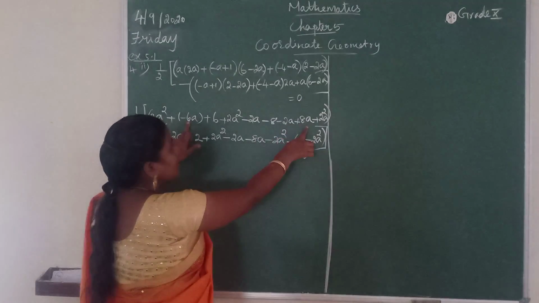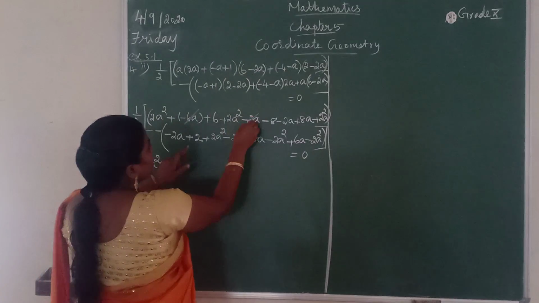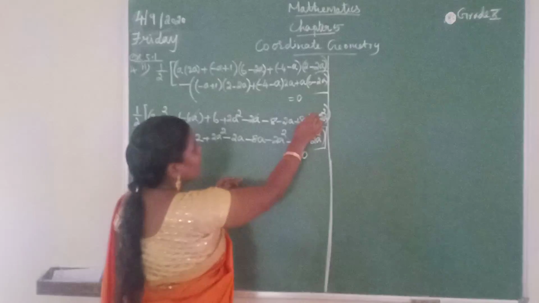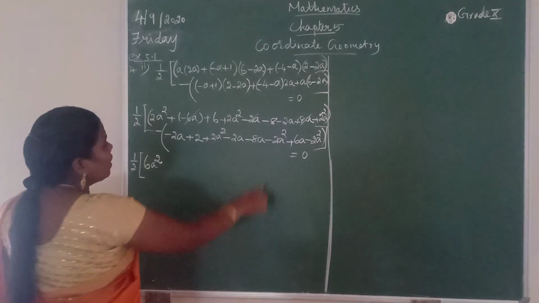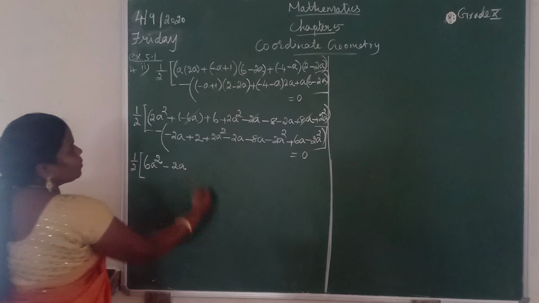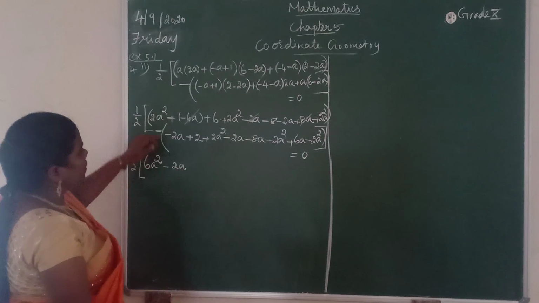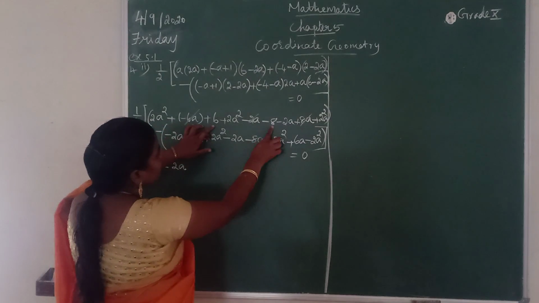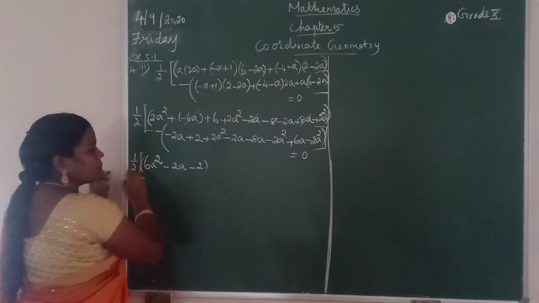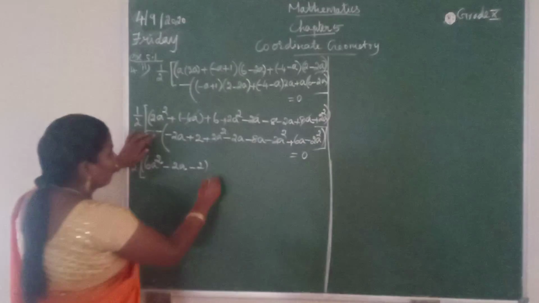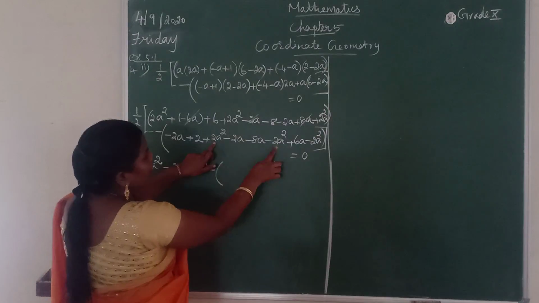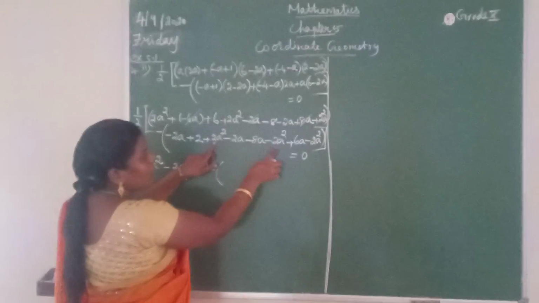Here one plus 8a is there, so minus 8a, this two together minus 8a, and here one plus 8a is there, can be cancelled. Then one more a term is there, that is minus 2a. Then number term 6 minus 8, we have minus 2. Close the bracket. Next bracket, minus of, here a square term is plus 2a square minus